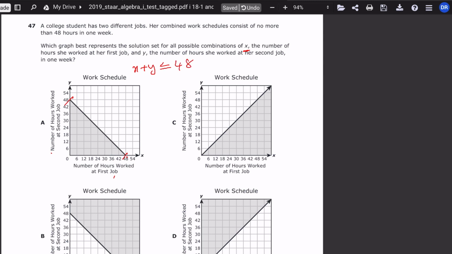So which graph do we get over here? It is nothing but if x is equal to 0, y is equal to 48, this is the choice, and if y is equal to 0, x is equal to 48. So this can be the option, that is A. It is less than or equal to, not greater. This cannot be the answer. Next,